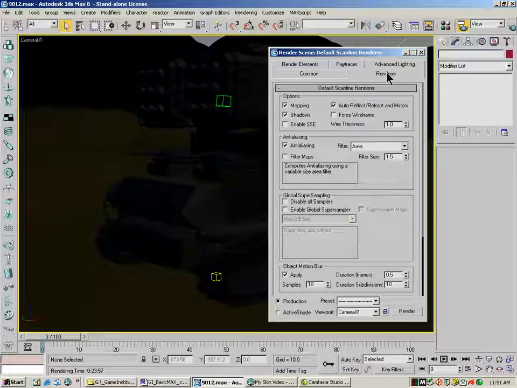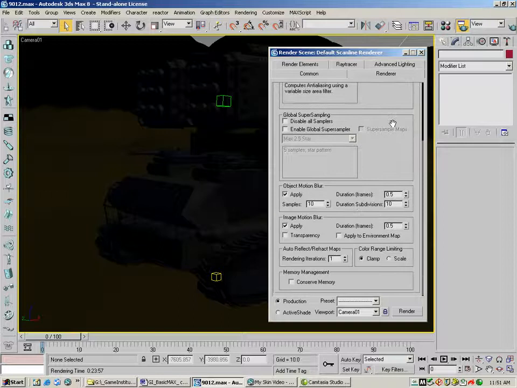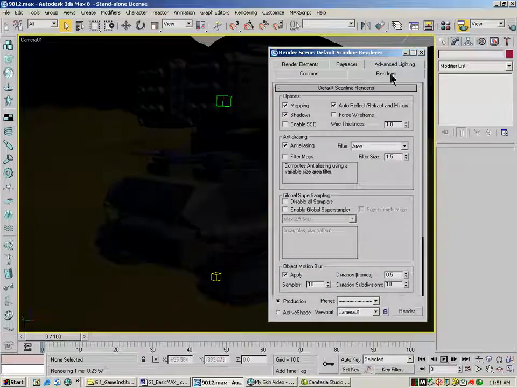Under renderer, this will change depending on which rendering option you've chosen at the bottom of the common elements. You can also turn off mapping and shadows here. You can turn off the reflect and refract here if you'd like to. Some people like to turn this off, render it, see what it looks like, and then turn it back on